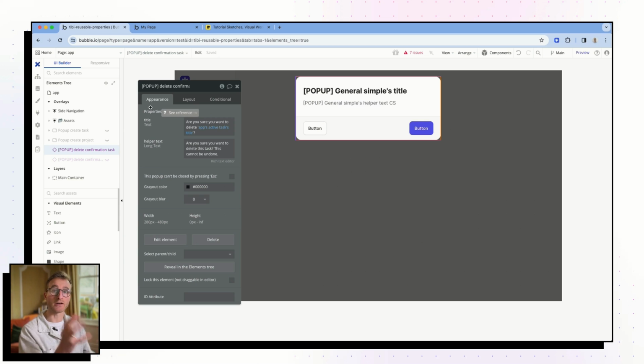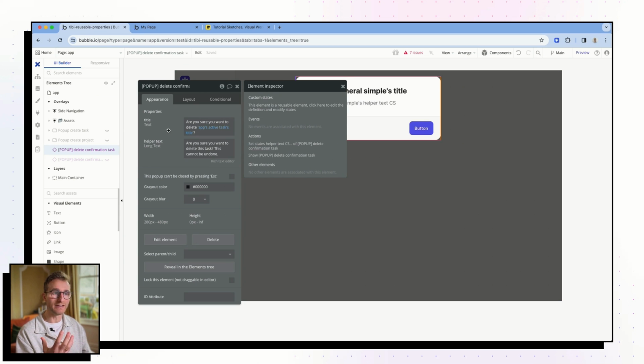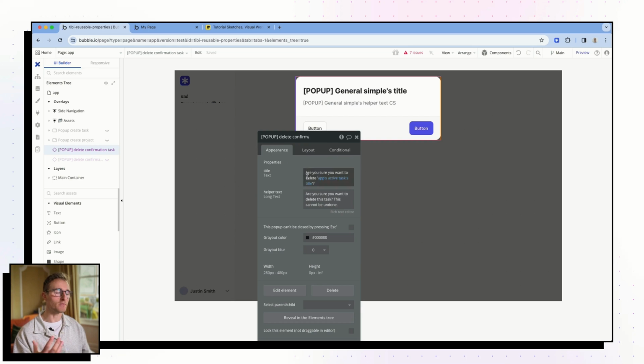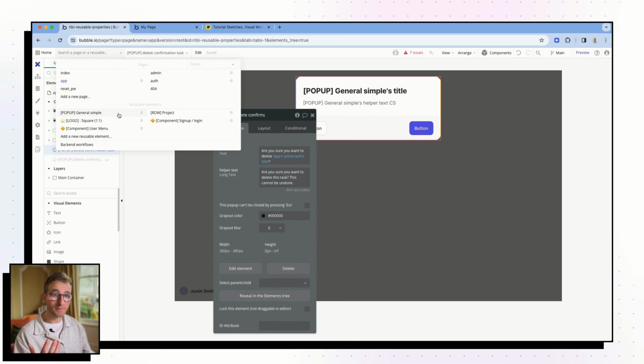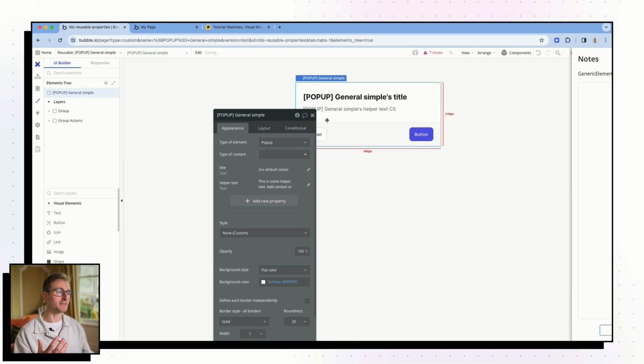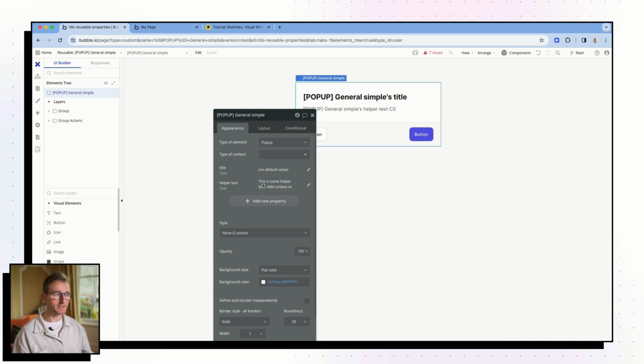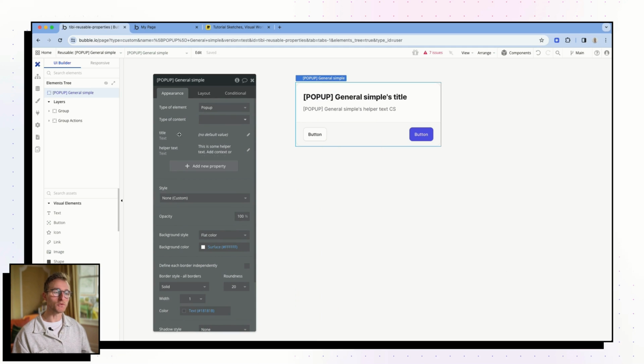Custom states aren't like that, right? Because it's not obvious where they live, what they are, I would have to document somewhere, probably on the pop-up itself, I would have to say, hey, this is how to use it, right? And I would say, oh, you can set this to get helper text. It's just silly, right? It's just extra work for literally no good reason. So we want to keep using properties wherever we can.